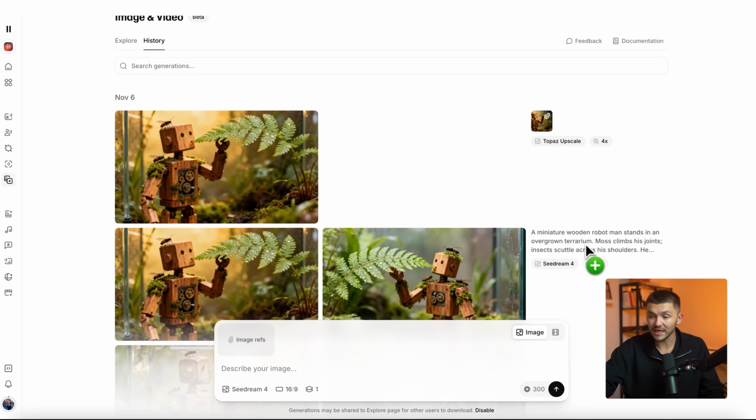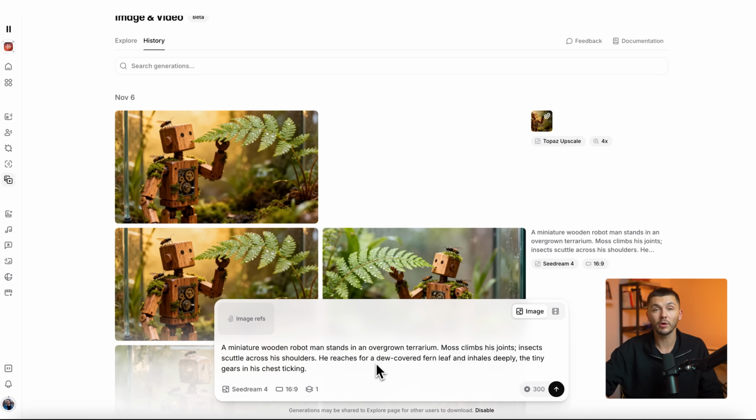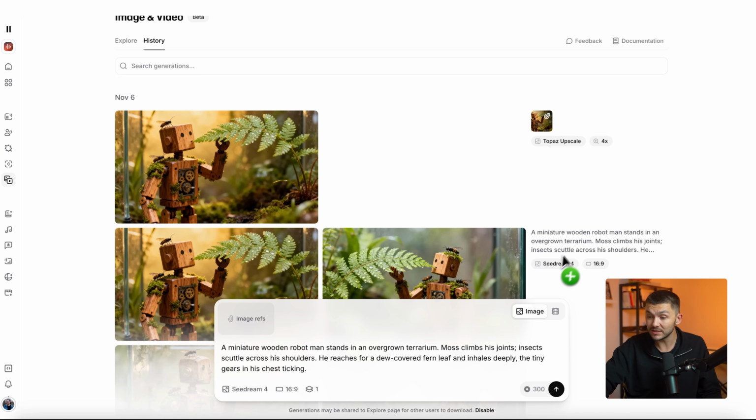Same thing with the parameters and also the prompts. And then it's directly copied and pasted into the prompt box. And so this is a really quick way to quickly regenerate similar shots to what you've already been making. Let's say you generated something you liked, but you wanted to adjust the prompt slightly. You can simply click on it. It then appears in the prompt box, and we can go ahead and tweak it to our liking and simply